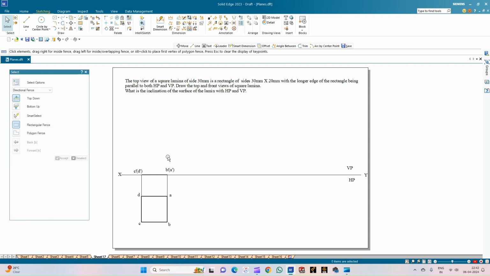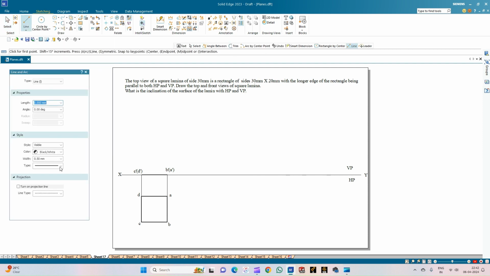So now coming to the second position, the inclination with respect to the HP is not given, but however the data has been given with respect to the top view. So he tells that this square is going to appear as a rectangle of side 30 mm cross 20 mm, okay, in the second position. So what we will do is we shall draw the top view of this rectangle by selecting a continuous line